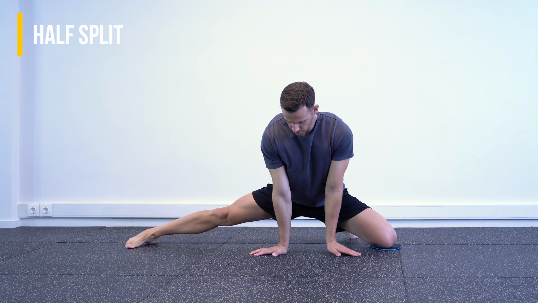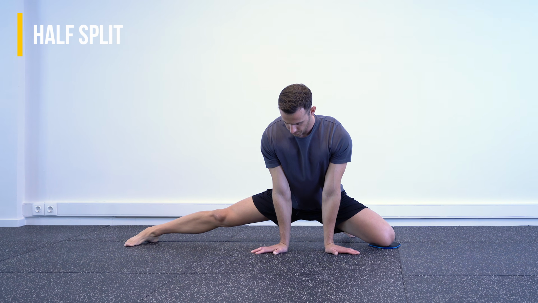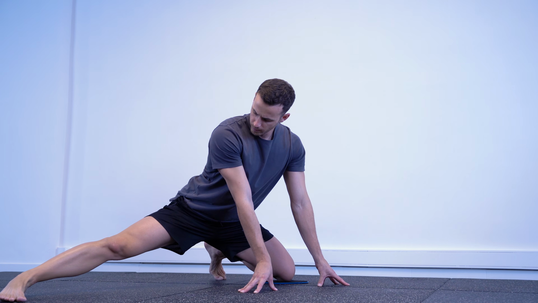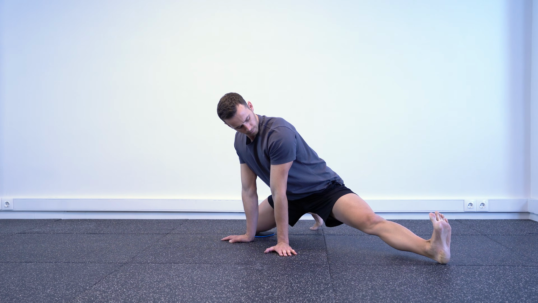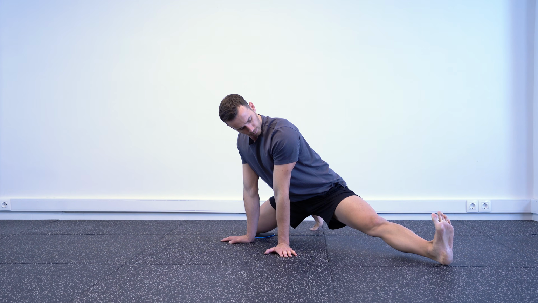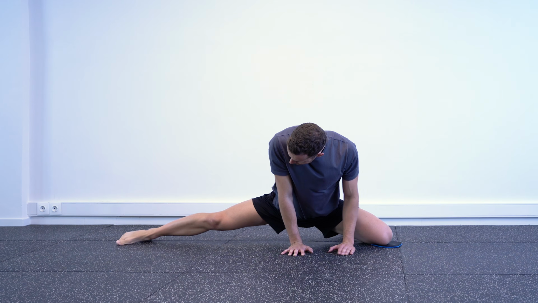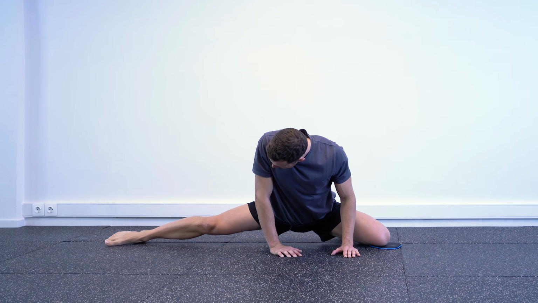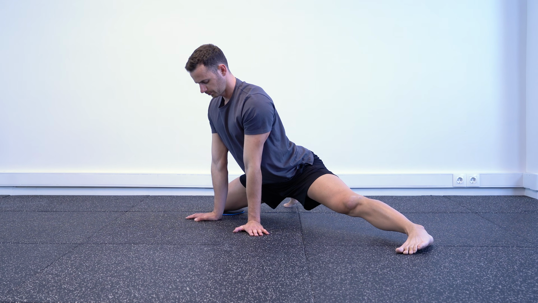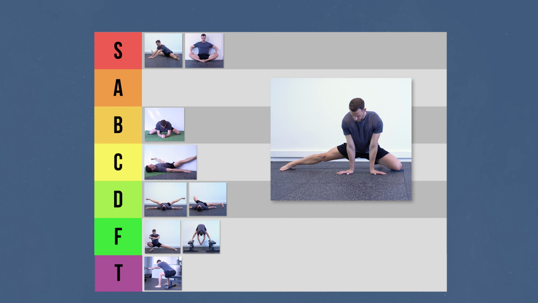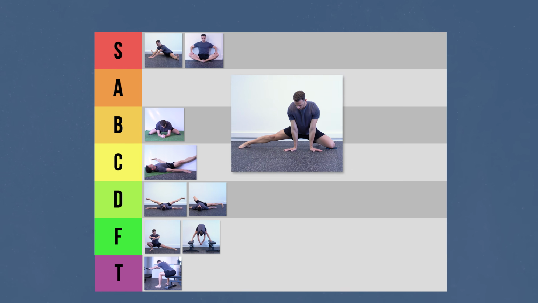Next up is the half split, which is a great variation of the full split. It offers excellent targeting of the adductors while it's suitable for all levels. It also allows the use of every method in the book, but its setup makes it harder to execute active contractions as you get closer to the floor. You'll also end up spending double the time than just doing the side split since you have to stretch each leg separately. That's the main reason that I don't recommend it that much. However, it allows you to stretch the targeted muscles effectively, and for all its benefits, I think it clearly deserves to be on the A tier.